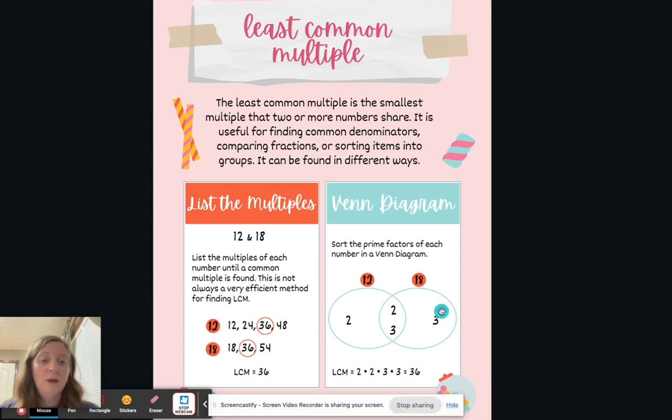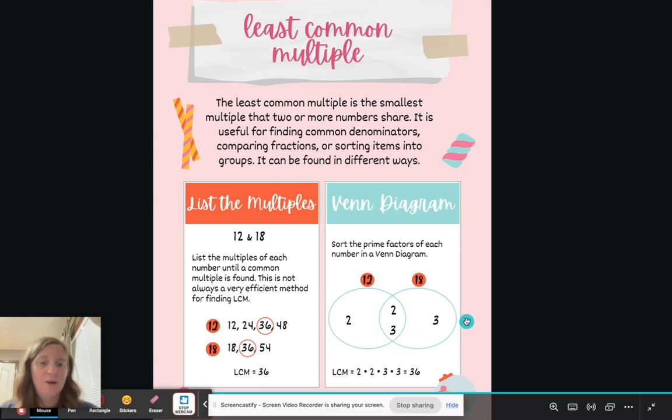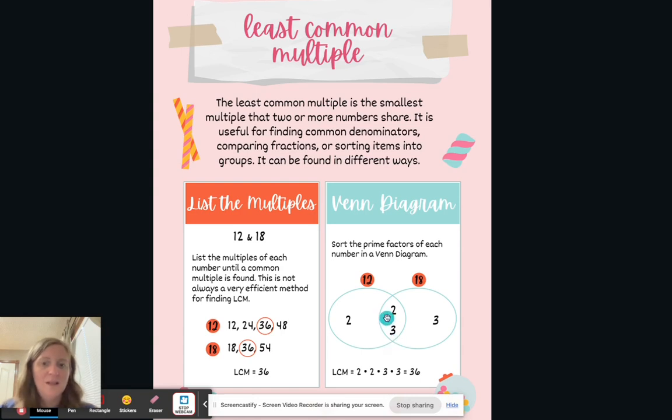Okay. So to figure out the least common multiple, because again, why are we doing factors if we're finding the multiple, you multiply every single one of these numbers together. You would do 2 times 2 times 3 times 3. The reason this works is it eliminates the things they have in common. They had the 2 and the 3 in common, so it eliminates the duplicates. So you would have 2 times 2 times 3, and then 2 times 3 times 3. It eliminates the duplicates, and so it gets you your smallest common number, if that